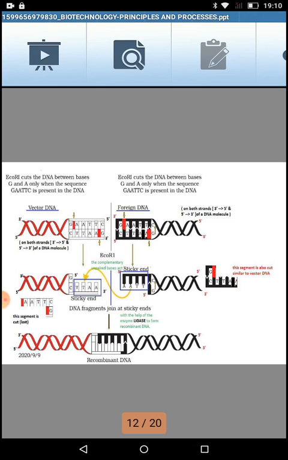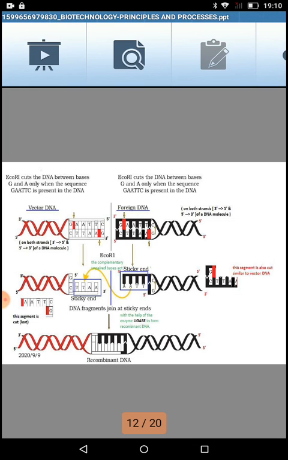So what it is doing, it is going to cut the phosphodiester bond at the same place on both the strands of the DNA, a little bit away from the center of the recognition sequence. Here for EcoRI, what is the recognition sequence? It is GAATTC, and it is not going to cut between A and T, which is the center part of the palindromic sequence. It's going to move a little bit away from it, and between whichever two nitrogenous bases it's going to cut, like the diagram is showing, it is cutting between G and A in the first strand.